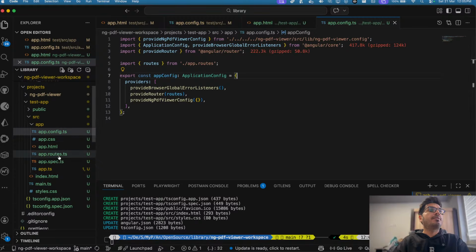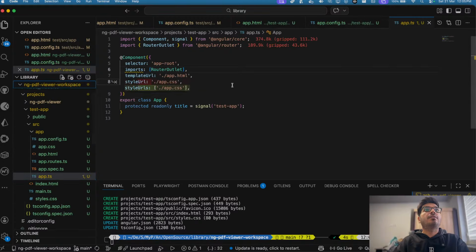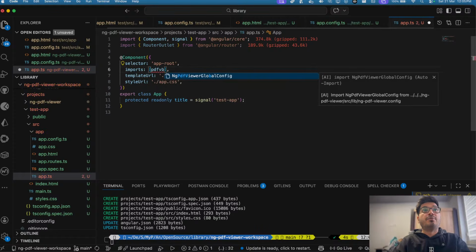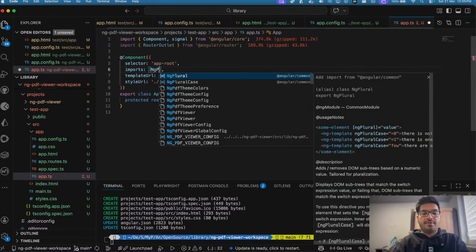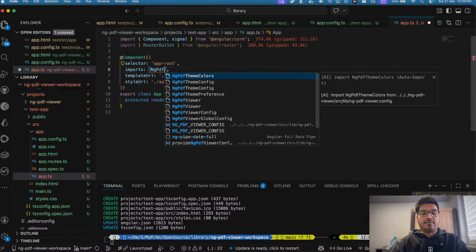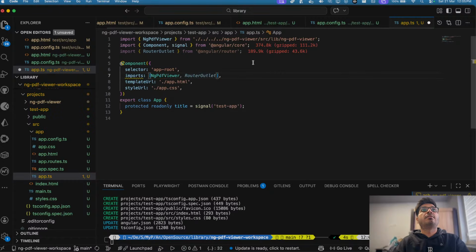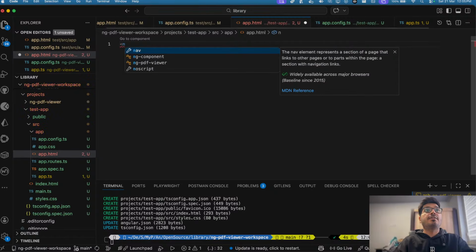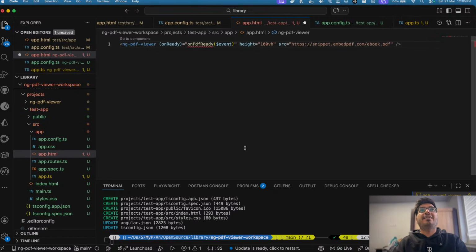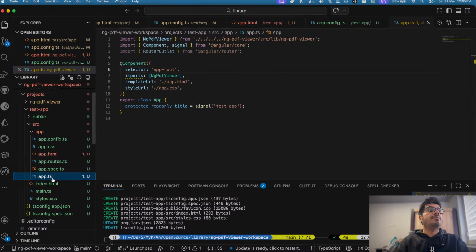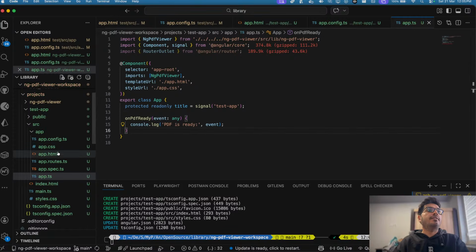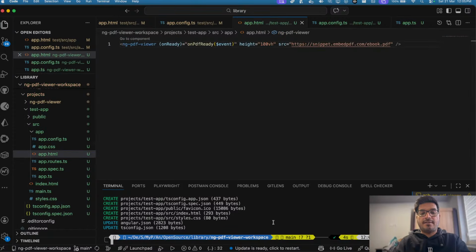We need to import the component, so let's go here and import the component. PDF viewer, EmbedPDF viewer. Okay, and we go and add it here like EmbedPDF viewer on ready and all of that. Yes, let's have it here on ready. Event is this. Okay, let's save, and now we just say, what was the command? ng serve